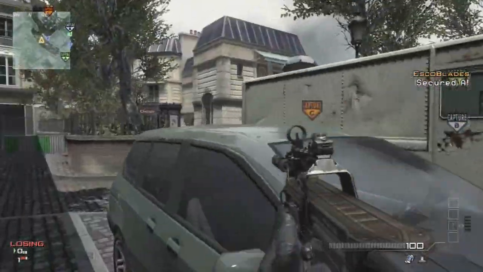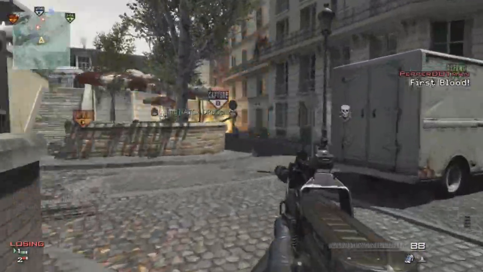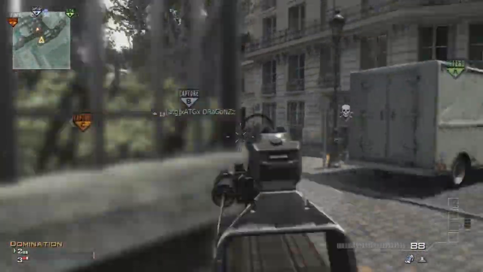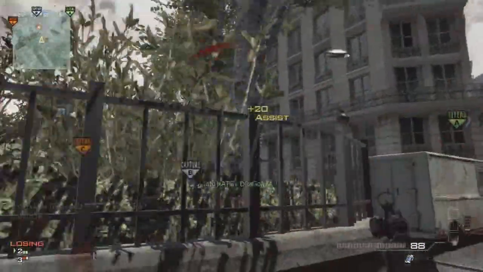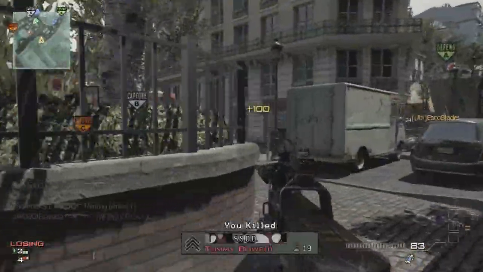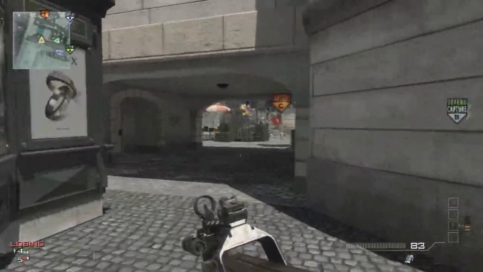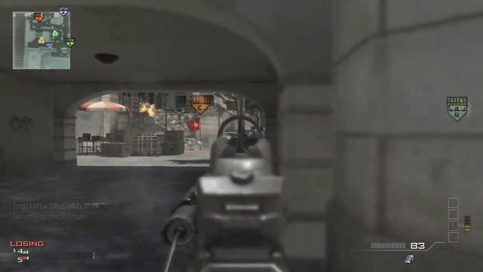And I think the final score is 44-4. It's not a truly amazing score, but I was pretty happy with it. It's one of my better domination scores, where I didn't die so much and I killed lots of people, but still did really well playing with the objective. What I want to talk about today is rushing tactics and pinning the enemy down,